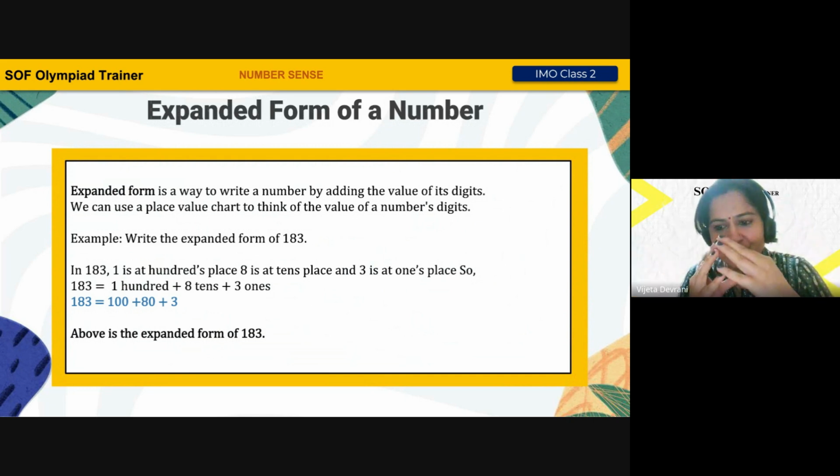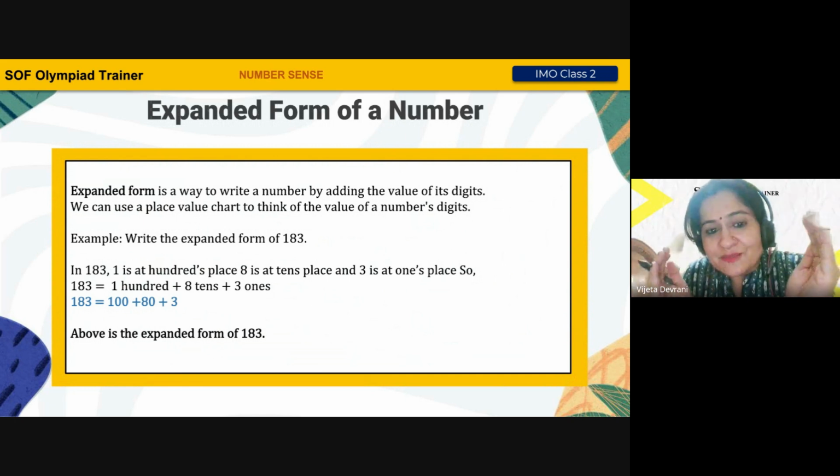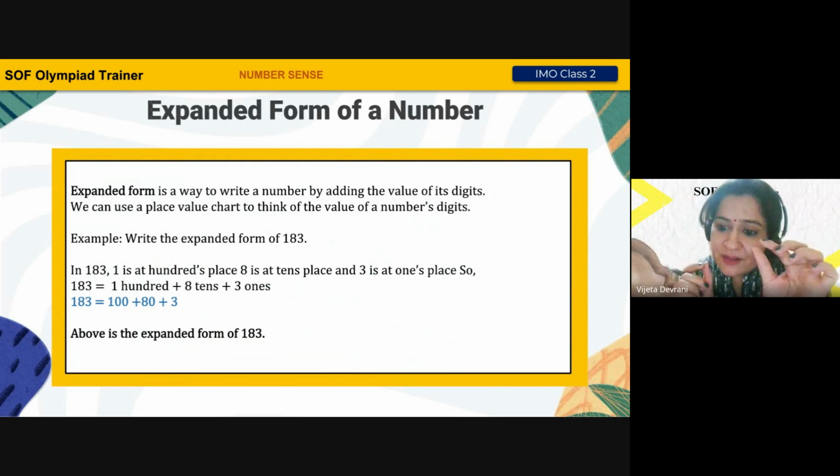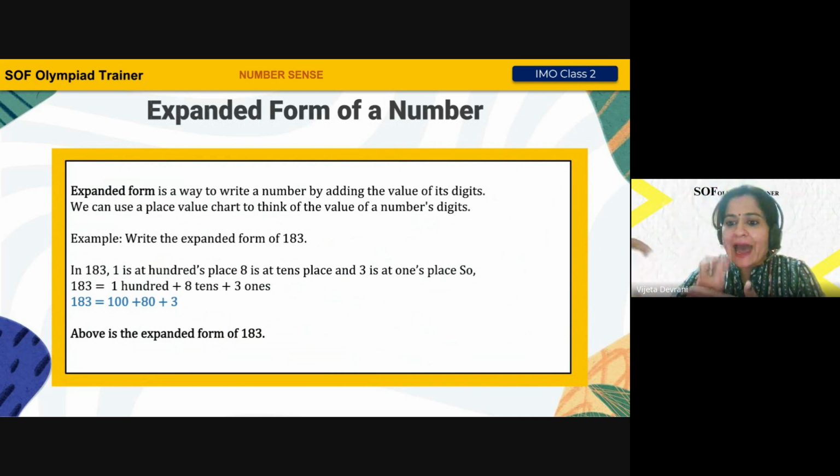On your birthdays, when the decoration person comes and starts blowing the balloon, it gets expanded. That is the same thing here. We have a number and we have to write its expanded, bigger form. That is called expanded form. And it's very easy. If you have understood what place value is, we just need to add the place values and we will get the expanded form of any number. So for example,